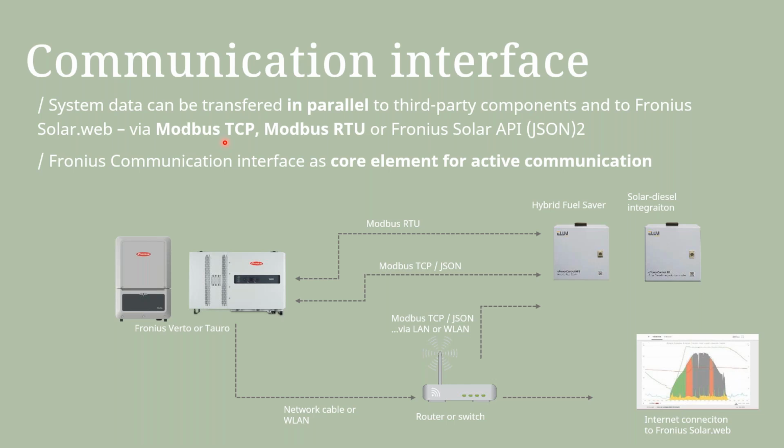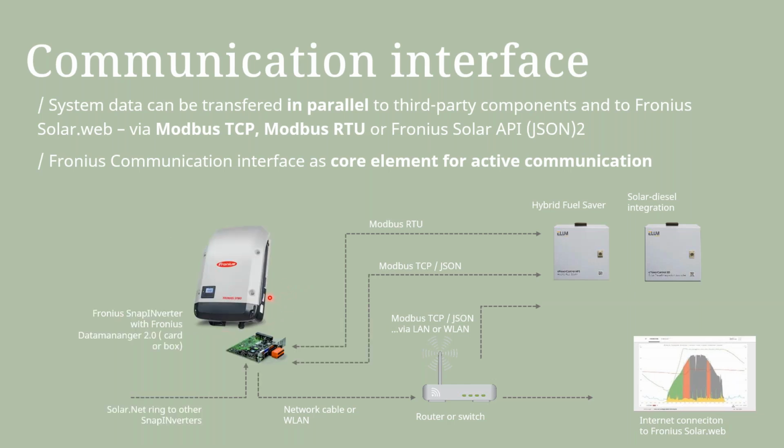As far as communication of data is concerned, I think Byron already covered it in terms of communication for the smart meter especially. So we can achieve the same kind of communication between the Fronius inverters and the plant controllers. If you have the Elum controller on one side, then you're able to do Modbus RTU into the inverters, and you're able to then share the production commands from the plant controller into the inverters. So this applies both for the newer Fronius inverters, such as the Vato and the Tauro, and the same kind of